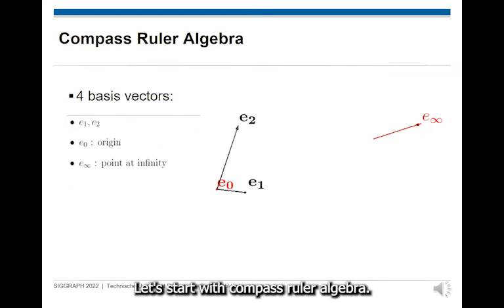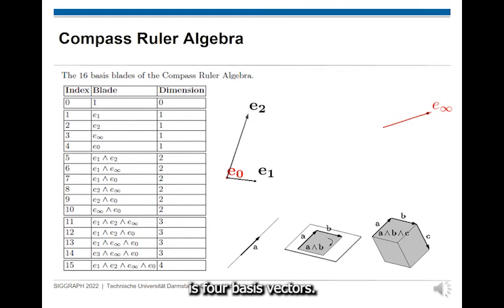Let's start with compass ruler algebra. It consists of 4 basis vectors, e1 and e2, for the x and y coordinate. Then we have 2 additional basis vectors. One is e0, describing the origin, and the other one is e infinity, for the point at infinity. With 4 basis vectors, we have 2 to the power of 4 basis blades of compass ruler algebra, means 16